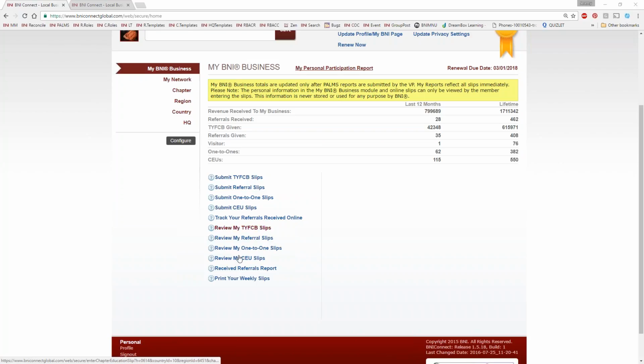Now, after you submit the slips, the other important part is that you'll be able to review the slips. So rather than turning in a piece of paper that disappears forever, we'll now track all of the details for you. So you can not only see who the referral was and their contact information and any comments that you made about them and who you passed that referral to and who you're receiving referrals from. That's all here in the detailed reports. And of course, we have a way that we can print our slips for the meeting as well, so that we still have that excitement of passing a piece of paper.